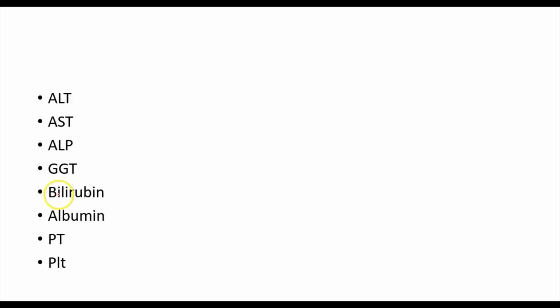The next component of the LFT is bilirubin. Bilirubin is essentially a breakdown product of hemoglobin that is released from degraded red blood cells. As a waste product, it must be made water-soluble to be able to be excreted through the bile. This process occurs at the level of the hepatocyte, where bilirubin is conjugated, or more specifically glucuronidated, by an enzyme known as UDP glucuronyltransferase. The conjugated bilirubin then becomes water-soluble and is able to be excreted through the bile duct